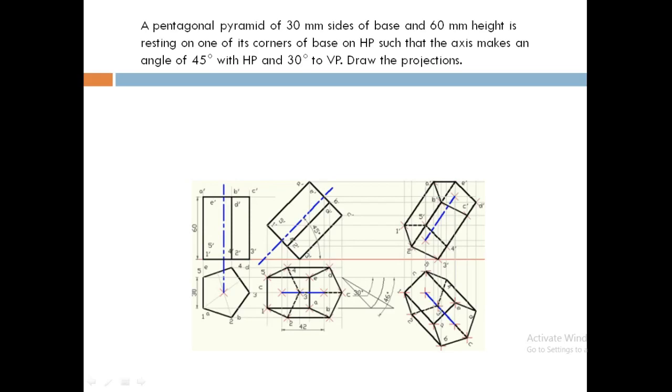The given inclination with VP is 30 degrees, but the apparent angle that you are going to get is 46 degrees. So for this 46 degrees, we need to redraw the second top view. If you redraw it for 30 degrees, then we are going to get a wrong solution. We need to draw it for the obtained beta angle.